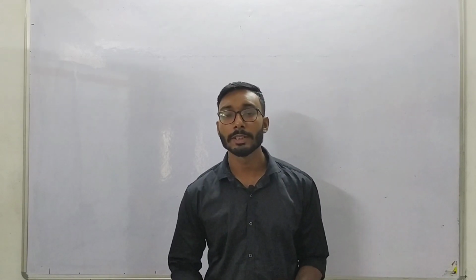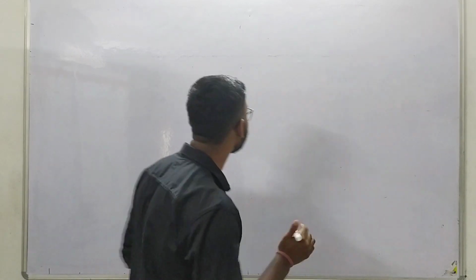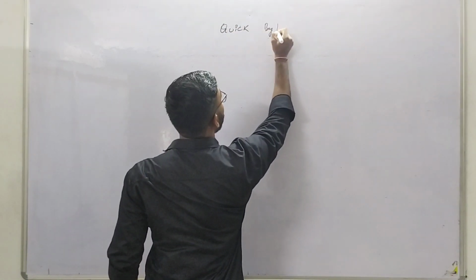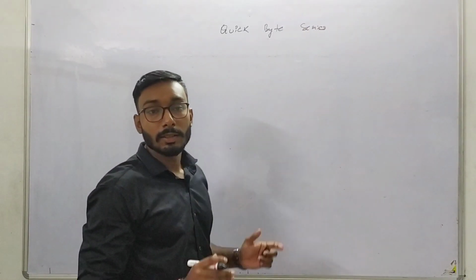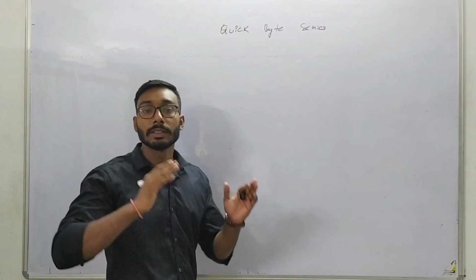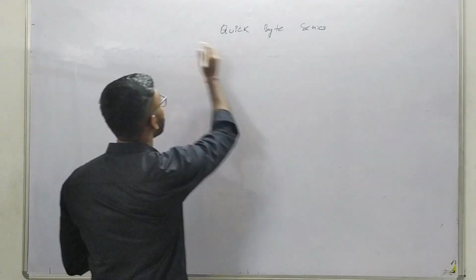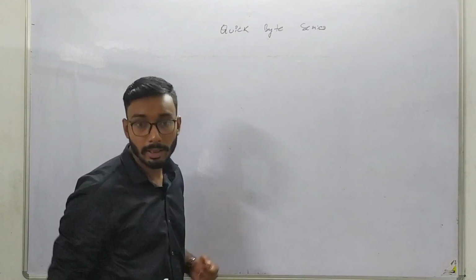In this short video series we will be dealing with the most important topics for NEET, JEE and boards in a quick and comprehensive way. We have named this series the Quick Bite Series. We will start with a topic in physics: motion of a car on a level road as well as on a banked road. First we will do the level road and then we will go for the banked road.